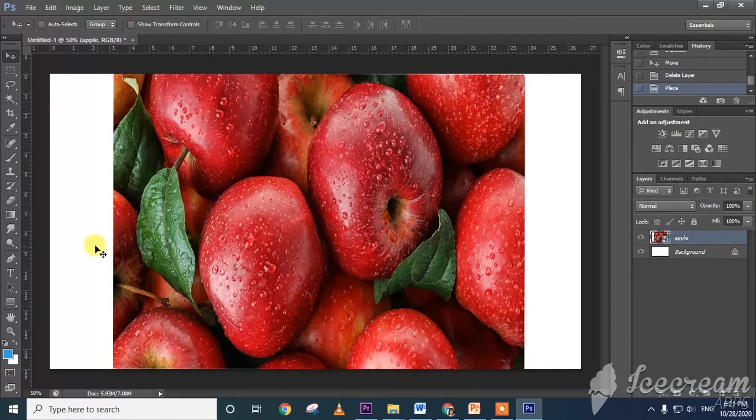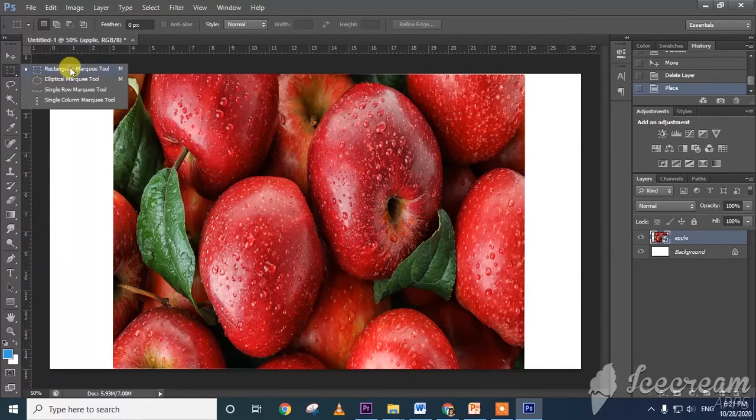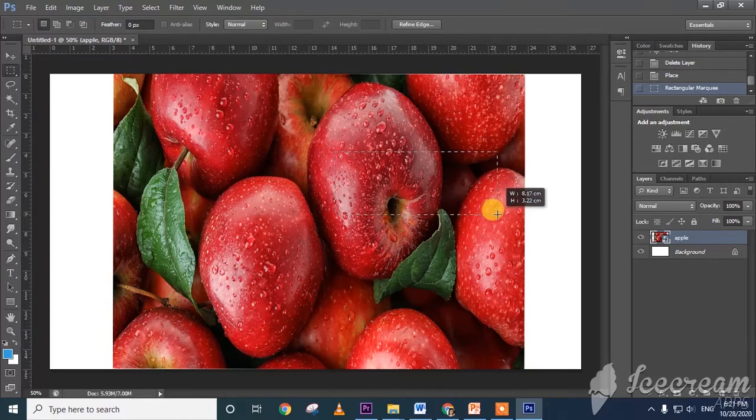Next, how to use the selection tools. First one is the Marquee tool. This first rectangle box is here, right click on this one and choose the rectangular Marquee tool. See here, it will select the image in a rectangular part. See, rectangle, now this is square. Next one is the elliptical Marquee tool. It will select the image in an elliptical, circular position. See here, it is now selected in a round shape.